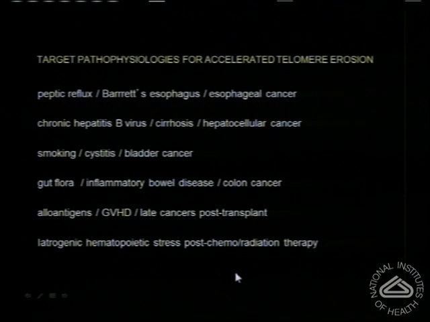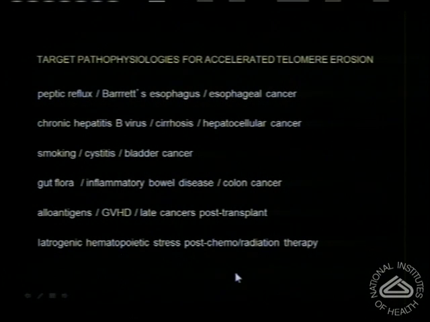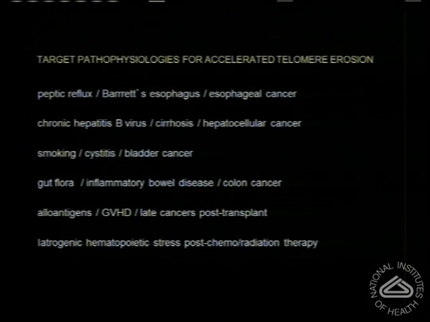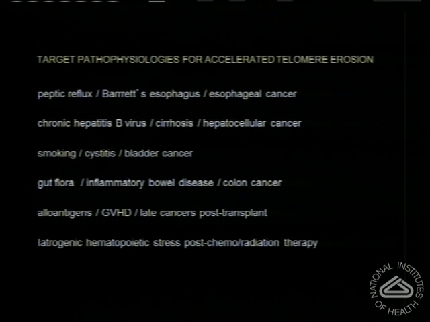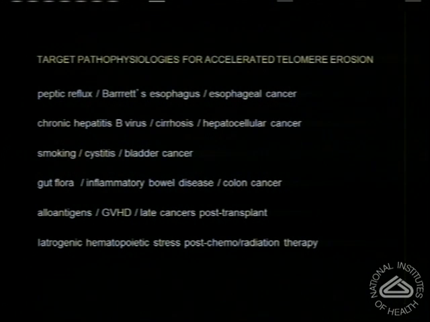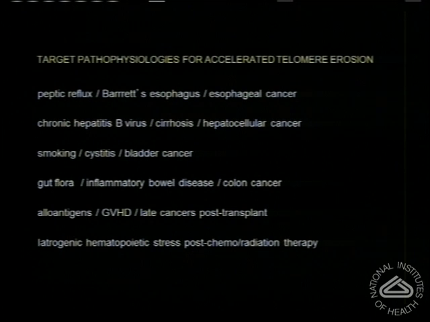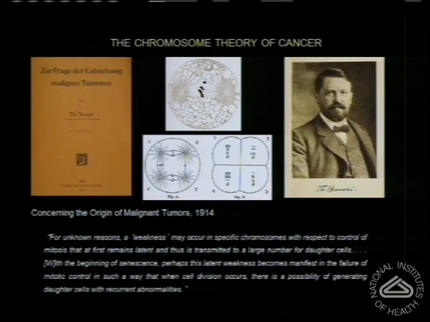And there are a lot of examples of this. This has been a holy grail in malignancy since the early part of the 20th century. Why does inflammation seem to precede cancer? And I think that telomeres are the likely explanation for this. And I wish I could say that I invented this, but again, there is always somebody smarter who lived 100 years earlier. And this is a wonderful book that was written by this very unfortunate guy named Theo Bovary,